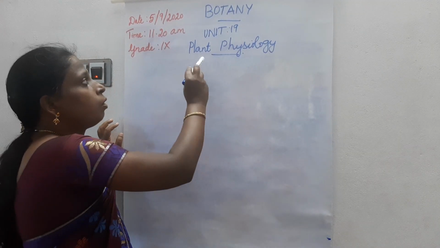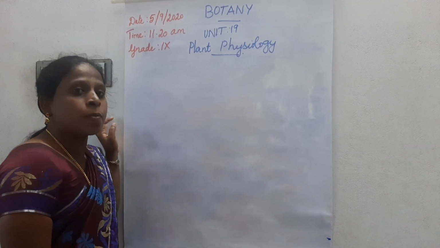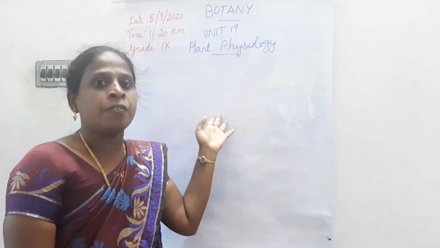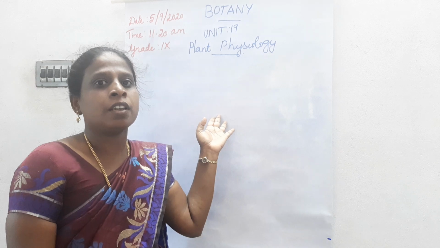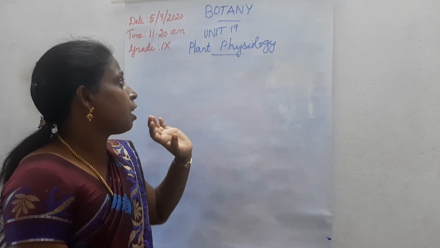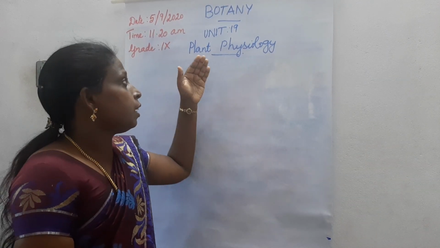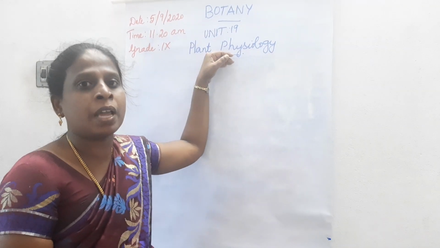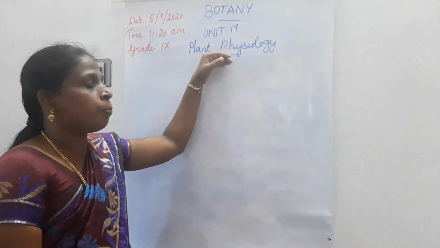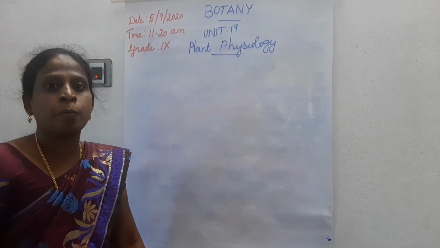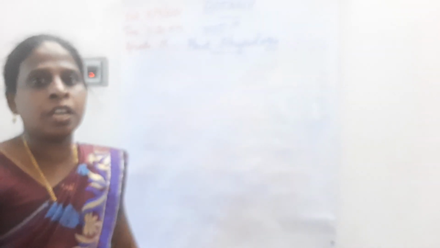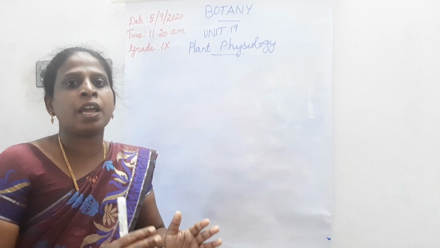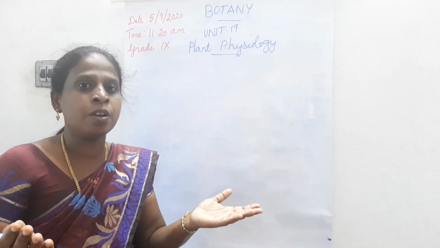First you studied what plant physiology is. Plant physiology means the study of the different functions of plants. In that chapter you learned about movement in plants. In movement in plants, the plant body moves based on a stimulus, so based on the stimulus, a part of the plant can move.